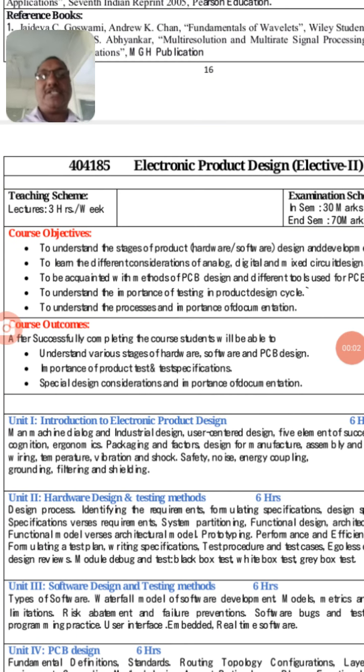Good morning friends. Today we are going to start with the first unit of electronic product design. That first unit's name is Introduction to Electronic Product Design. Under this electronic product design, we will learn